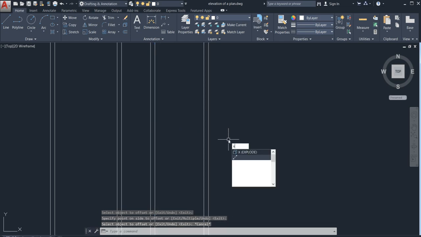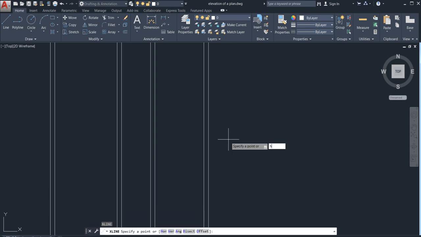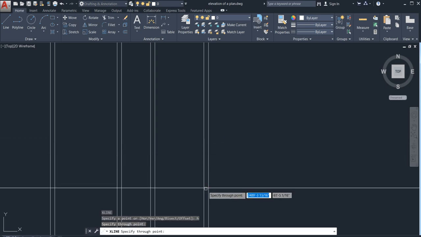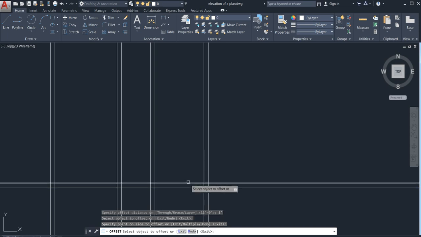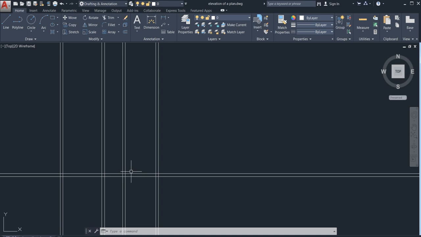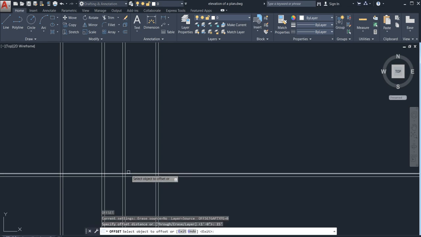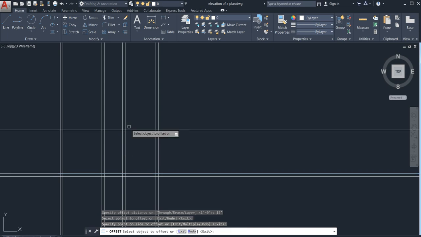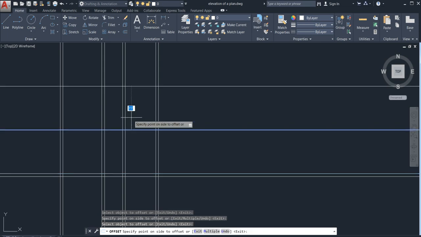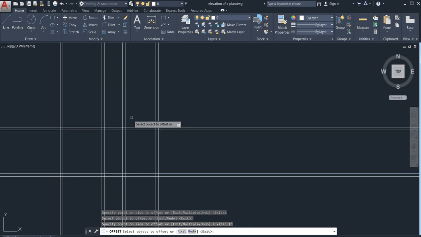Now go for construction line command of H. After that, you know the standard size of column is 1 feet into 1 feet. After that, how much you want to take, go with the 15 feet towards upward. So go for 1 feet.